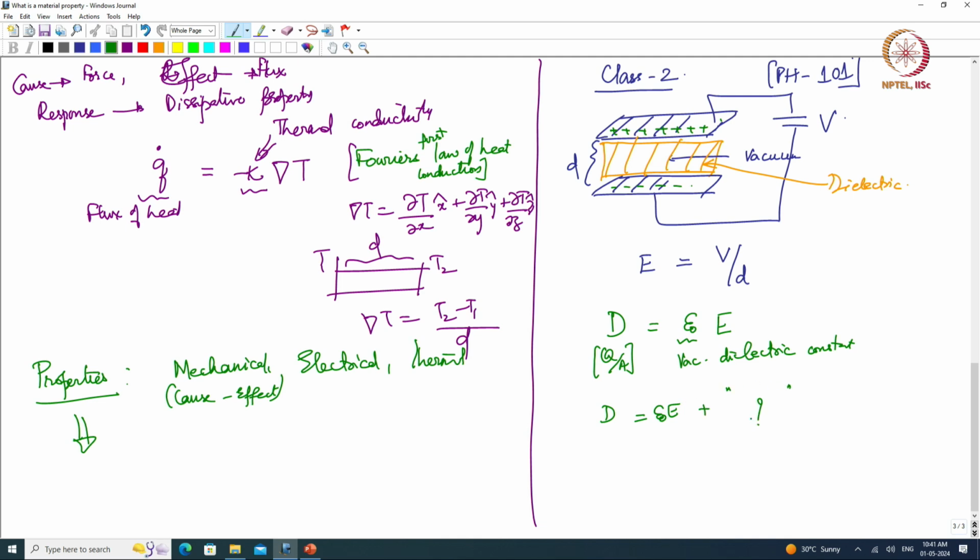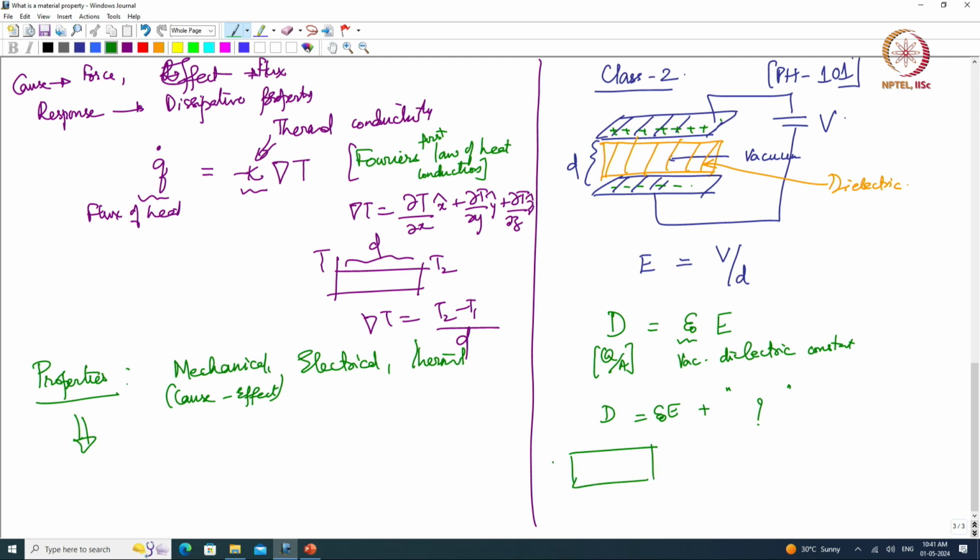Is it just going to be epsilon naught E, or does the number of charges on the plate that I have put increase? To answer that question, we need to understand what happens to the material first. So, inside a material, when I apply an electric field,